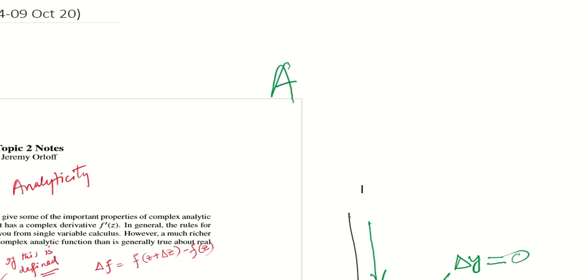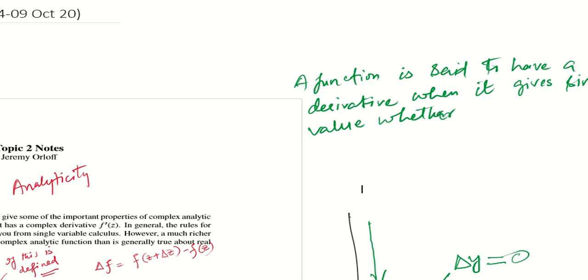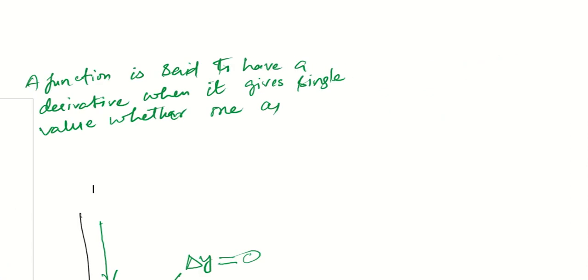A function is said to have a derivative when it gives a single value, if one approaches a point on its curve